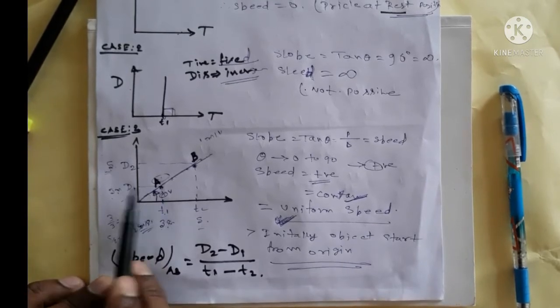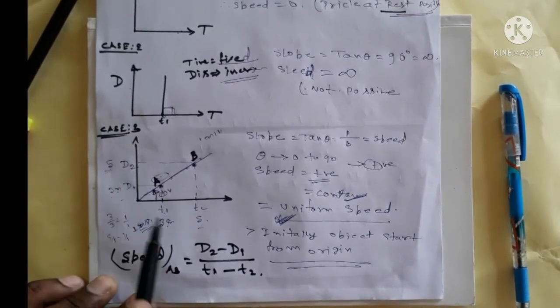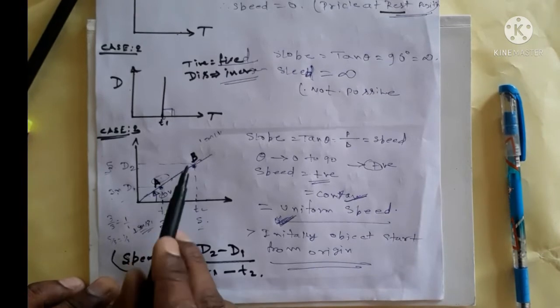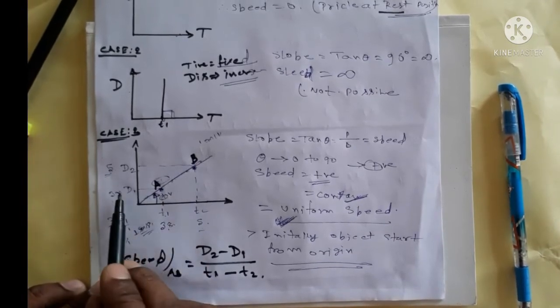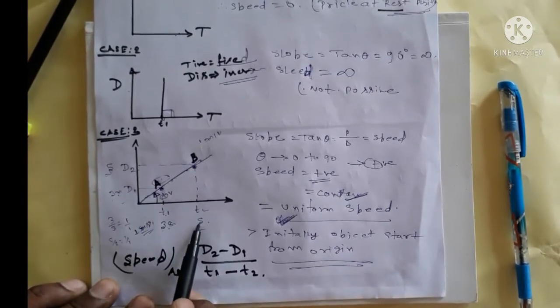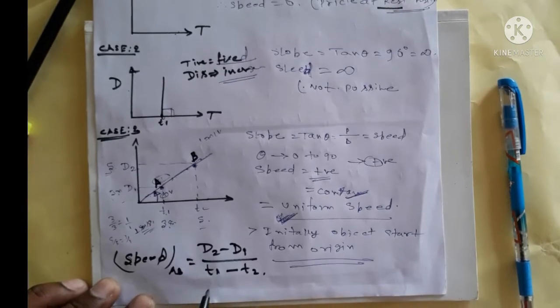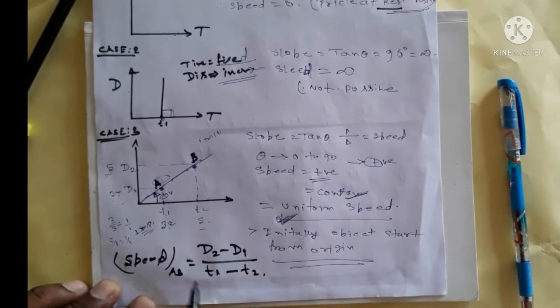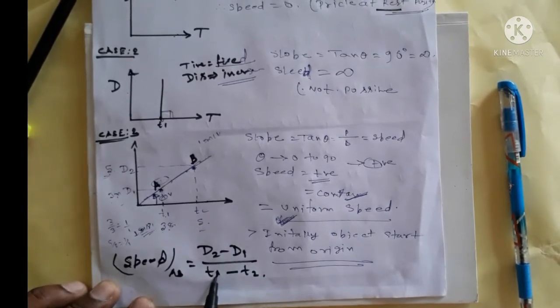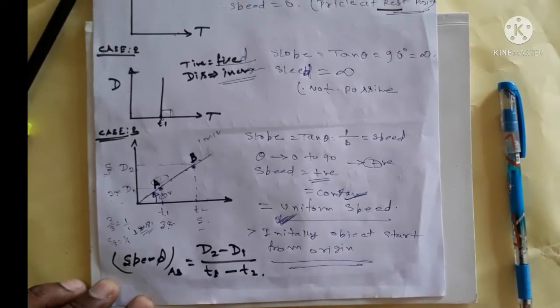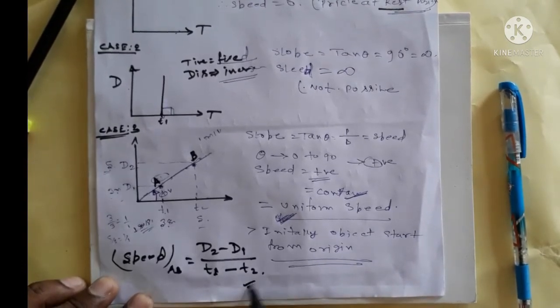Suppose this point here and this point here, we can write 5 minus 3, 2. Speed is equal to t1 minus t2. Speed can be written as